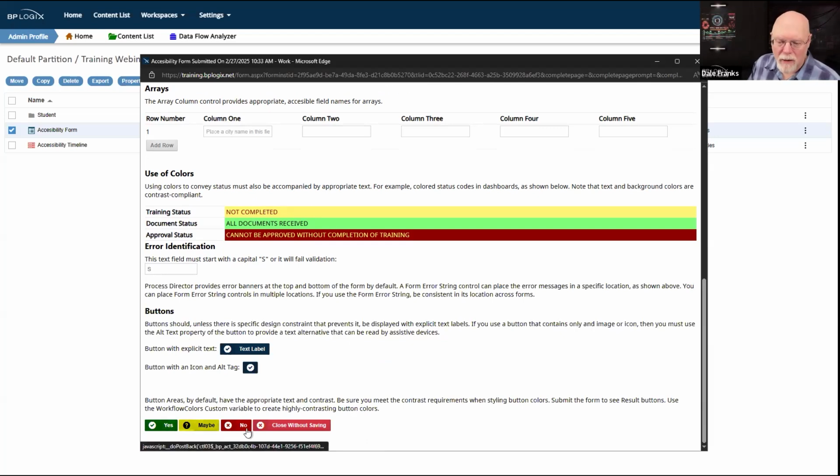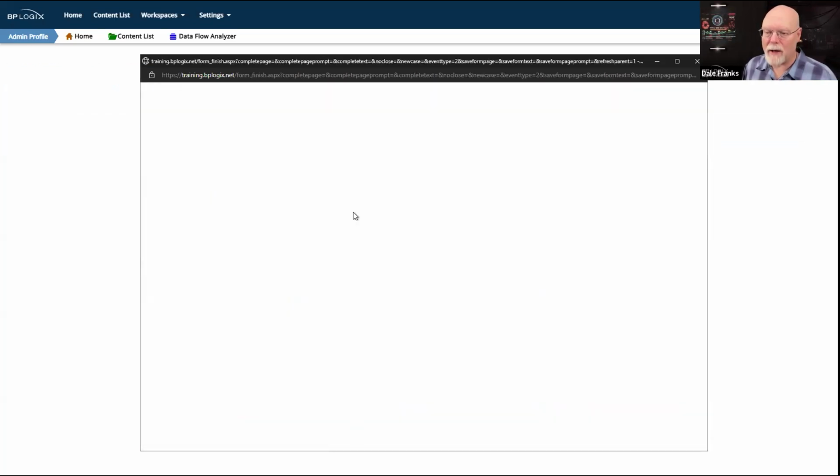Now I'm inside my timeline activity. You can see I have accessibility buttons. I just want you to notice that I do have a little darker green. I'm going with yellow and black for the contrast and a little darker red because I want to use more accessible colors on my buttons. So we're getting the appropriate level of contrast. And I'm just going to go ahead and close this.